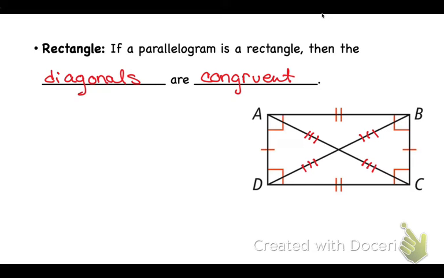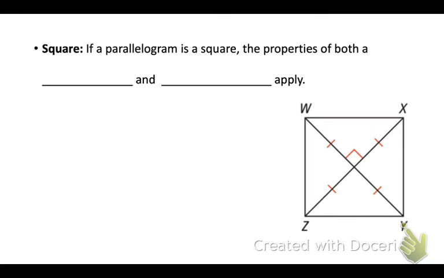And this is why they're special, guys. All rectangles are parallelograms, but are all parallelograms rectangles? No. All squares are rectangles, but are all rectangles squares? No. That makes no sense. Okay, so that's why these are special. Now a square: if a parallelogram is a square, the properties of both